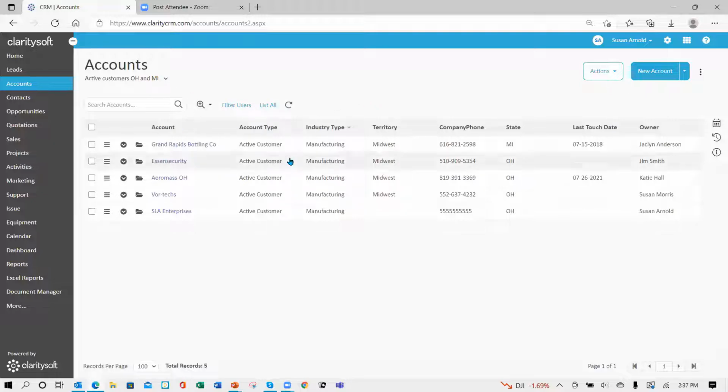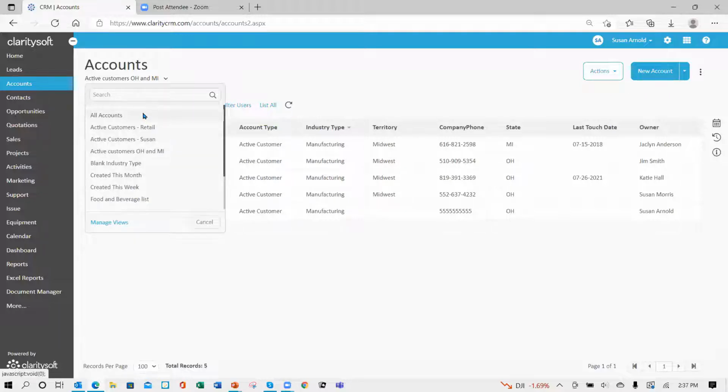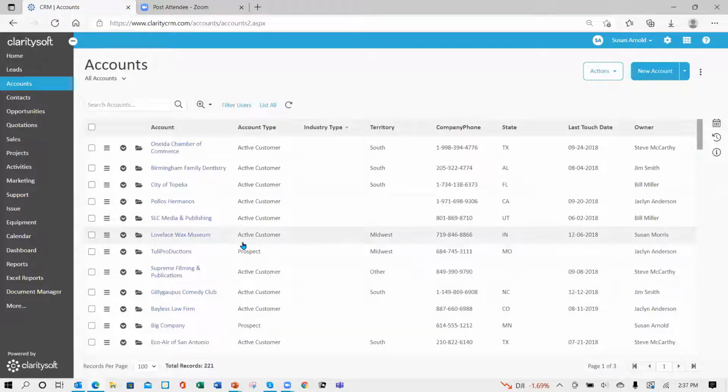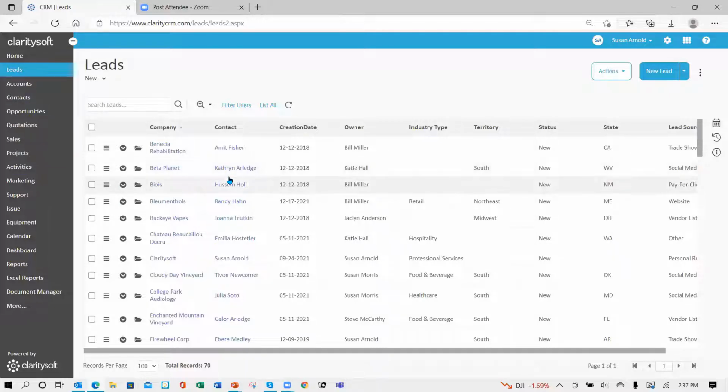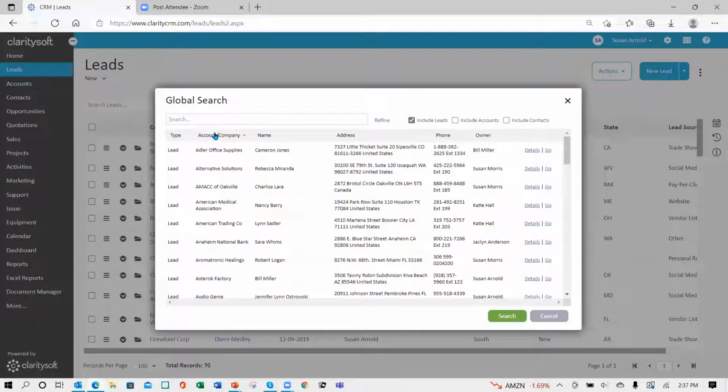Let me show you global search real quick. You can do this from accounts, contacts, or leads. But let's say I'm in leads and I have a new company that I want to add to leads. And I don't know if they're in the database. So rather than search here, search accounts, I can do it all at once. So if I go to the Spyglass and choose global search, then I can click in the check boxes to say where to search and then type in